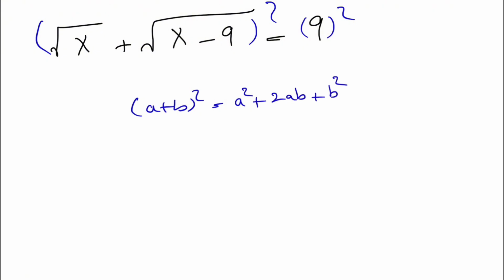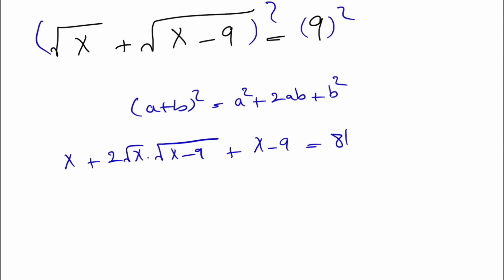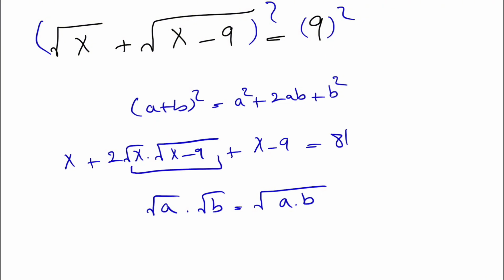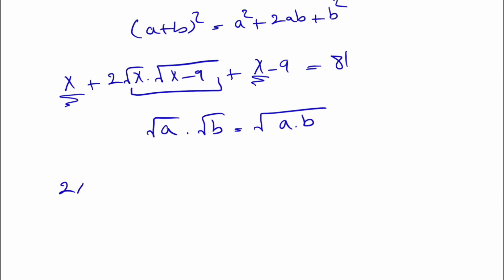So if we do that from the first expression here, we'll get x plus 2 times the square root of x times the square root of x minus 9, plus the square root of x minus 9 to the power 2, which will be x minus 9, and we know 9 squared is 81. When we have the square root of a times the square root of b, this will be equal to the square root of a times b, which is the case in here. And also we have 1x in here and 1x in here, so we'll end up with 2x